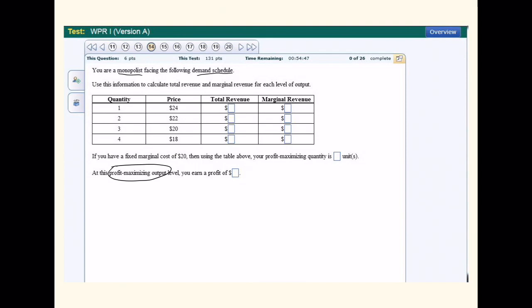So if we graph this situation, we have, of course, price on the x-axis and quantity on the y-axis. Here it says we have a fixed marginal cost, which is a unique situation, but we'll just say our marginal cost curve is a horizontal line fixed at $20, and we have a demand curve. And then we have a